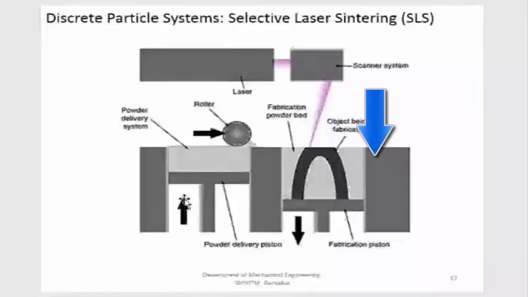This piston will be at the bottommost position. It will move up. Some powder is going to come above this particular surface. The roller is going to move in this direction so that it is depositing the powder in this particular area for one layer thickness. Then the laser is actuated. The laser is falling on this particular powder.